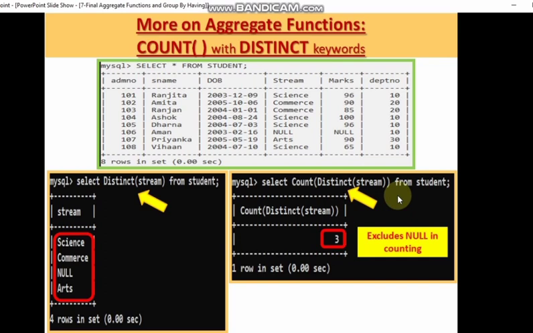What we have got in case of distinct stream is science, commerce, null and arts, but count is not including the null. So by excluding the null value, it is counting and giving you 3, for science, commerce and arts. So in this way you can understand how it is differentiating.